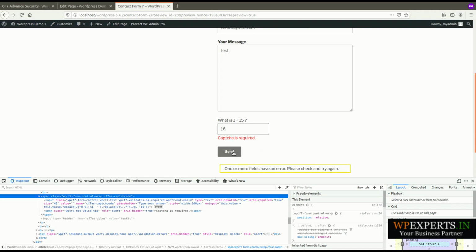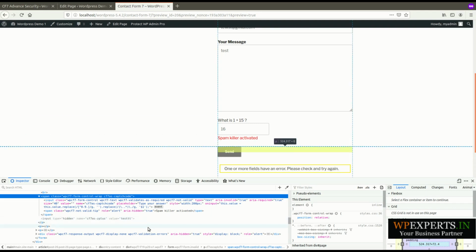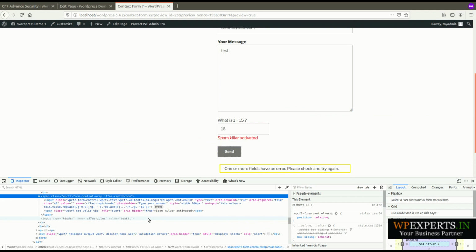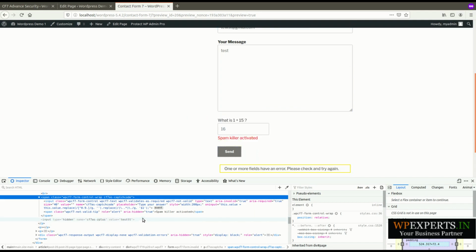I have inserted our hidden captcha value manually, and now I am giving the right answer. Let me show. You can see the spam killer activated, which means machine spam will not be able to escape this security patch.